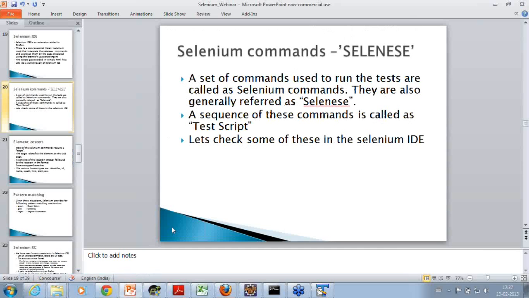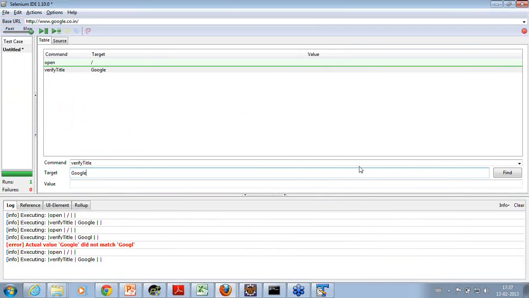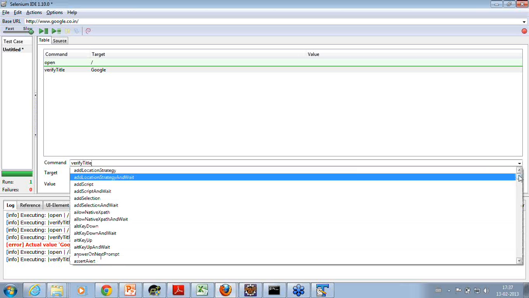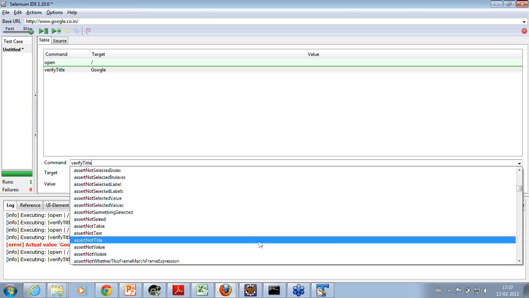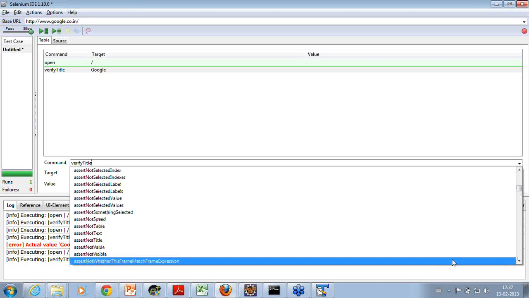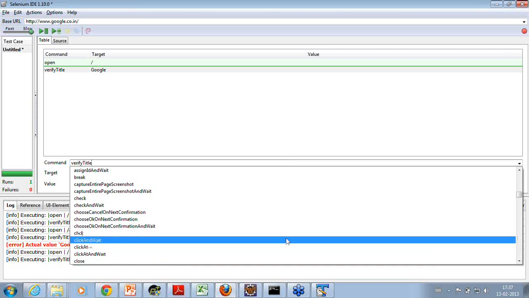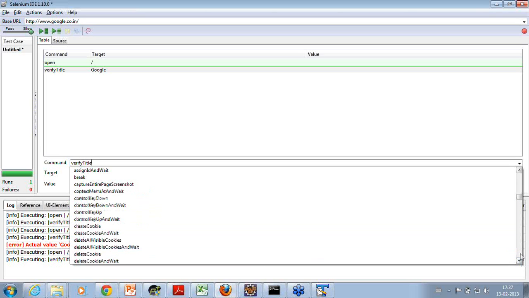So let us look at some of these commands in the IDE itself. If I look in the commands, verify title was one, but I can see a whole host of commands which are there. There are various asserts available, and then for example, assert not text, assert not title, assert not value, not visible, click and wait, close, check and wait.